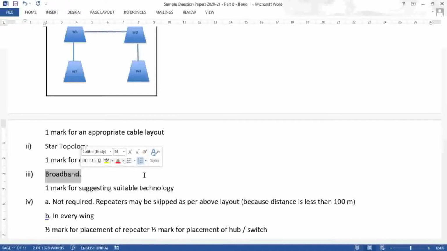There are two types of broadband. One is leased line and one is dedicated line. Leased line provides you the high speed internet. Dedicated line is a shared line. Means in one office, if you share the computers, if computers are added, the network speed will slow down. And when you are using a leased line, whenever you are adding number of computers, there is no change at all in the speed of the internet.